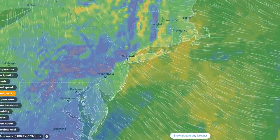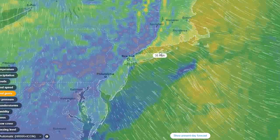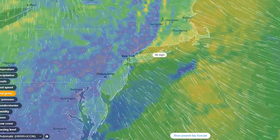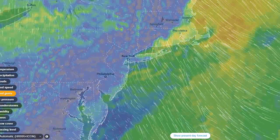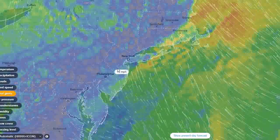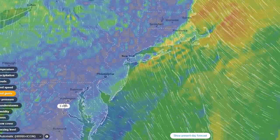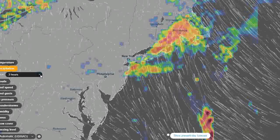I'm surprised there weren't more power outages, and I'm also surprised there weren't more problems on the trains because of this. But fortunately, it looks like the worst of it... Except the winds didn't really. I'm sure it caused some coastal flooding, though. I'm sure that happened. We can also look at precipitation, so we can actually look at a rainfall accumulation map